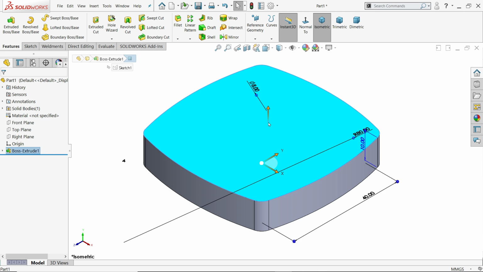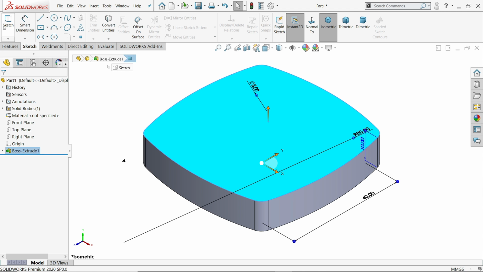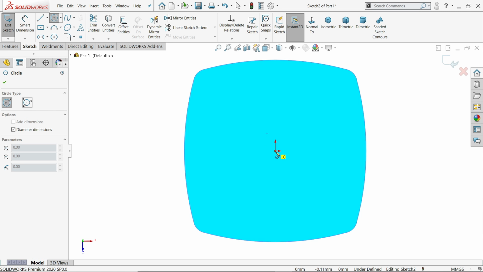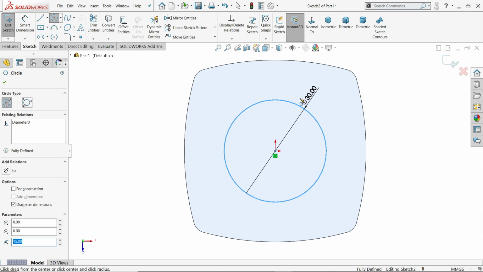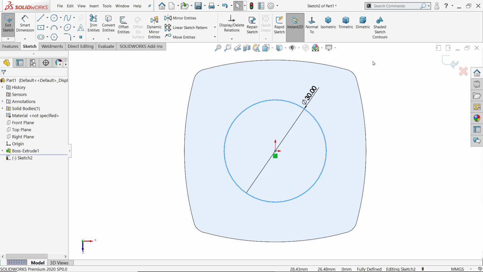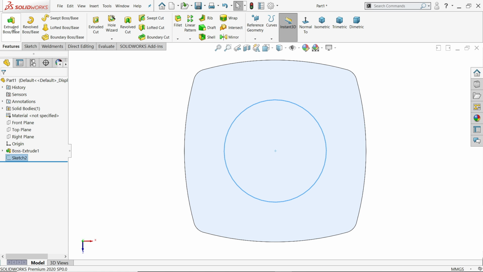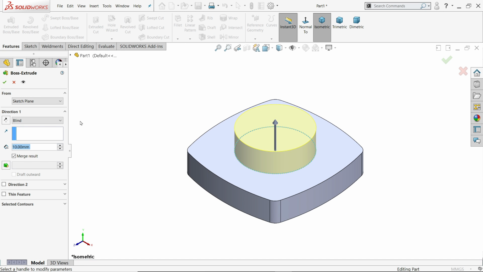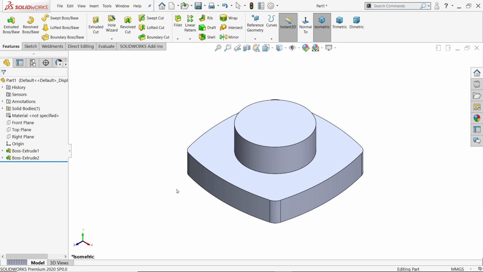Look, now select top face, sketch, activate circle and draw here a 30 diameter circle. Escape. See, this is fully defined because this is in black, even though it's written here fully defined. Exit and activate extruded boss base tool, and this one is 22 from bottom, but this is already 10 millimeters, so it's 22 minus 10, let's say 12 millimeter. Say okay, that's it.